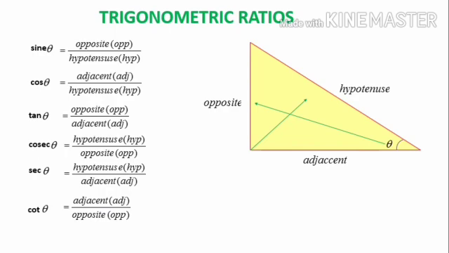We have learned a shortcut to remember these formulas, that is SOH, that is for sine, opposite divided by hypotenuse, and next is CAH, that means for cos, adjacent by hypotenuse, and the last one TOA, that is for tan, opposite divided by adjacent. So simply we read it as SOHCAHTOA.